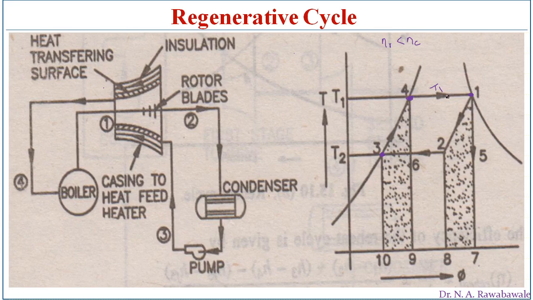So here one arrangement is made. Practically this arrangement is not viable, but for our study purpose this arrangement is made. What is this arrangement that we will see? For example, steam is supplied to the turbine from a boiler. From this boiler, at point 1, steam is supplied to the turbine. When steam is supplied to the turbine, steam expands in the turbine, from point 1 to 2. Actually in the Carnot cycle, point 2 was going to be here, so in this case 2 is shown here.